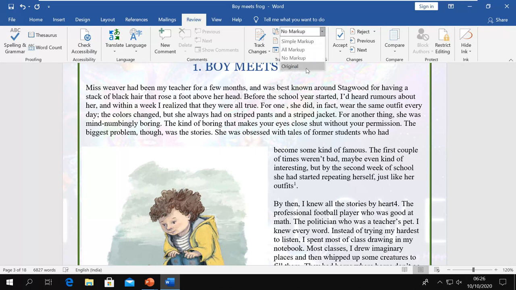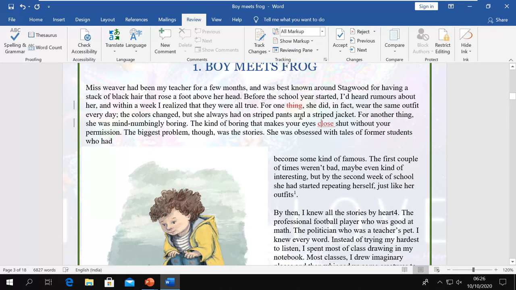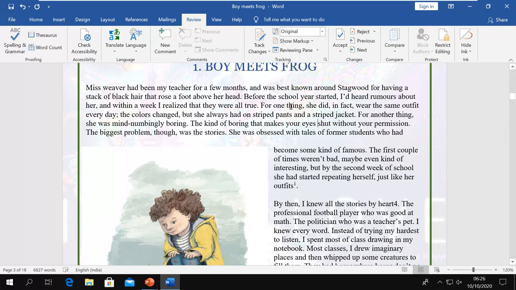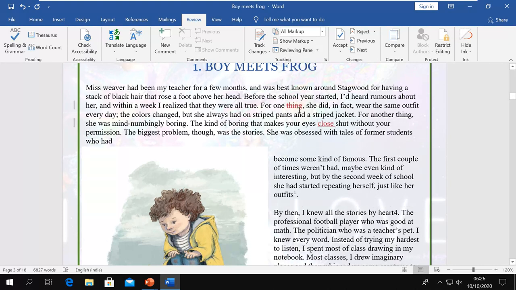It is only that you just don't want to get confused when you read the document, because when you have all markup, you see multiple things there. Or even you can go for original version, so you can see the original version there without changes. So this is to see what you want to see there.